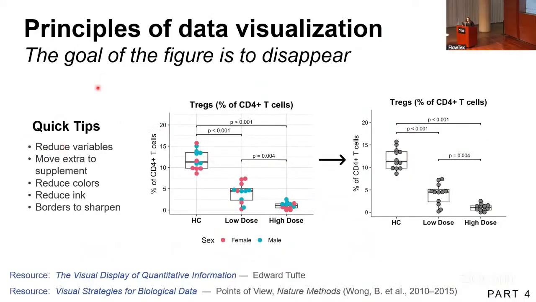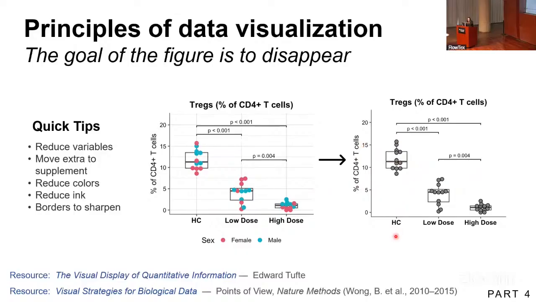Now, here are some quick tips on how to make your figure disappear so the biology can stand out and appear. One, reduce variables. Move extra stuff to the supplement. Reduce colors. Colors are also not accessible sometimes. Reduce ink and use borders to sharpen. So in this example, we're including sex, female and male, but there's really no significant difference. So we can eliminate that as a variable here, and maybe we put it into the supplement to compare if somebody is interested. What that does is it also reduces the colors, so now it's in grayscale and it's more accessible. Here I've also deleted the background grids, and now you can clearly see on this picture on the right,